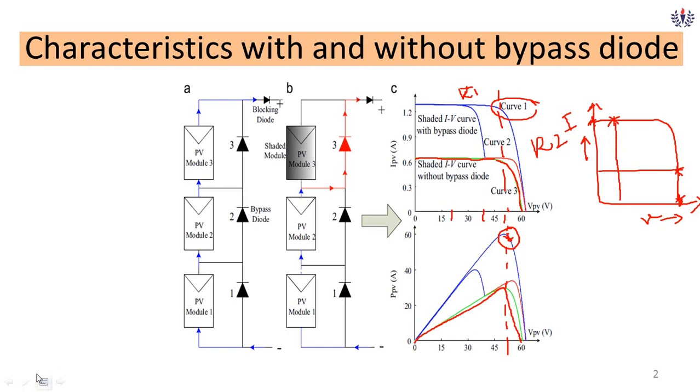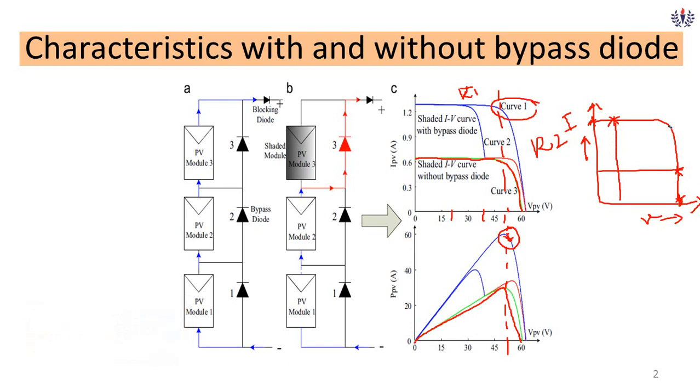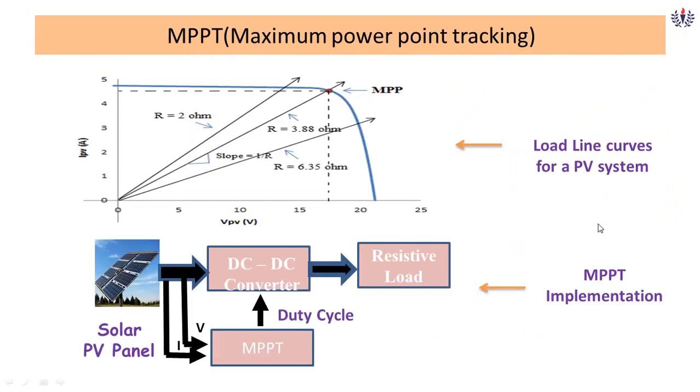So the point where you will get the MPP is going to be this particular point. When you operate at this point, you will get the maximum power point, where your voltage and your current are both near maximum. So this point is what you call VMP, IMP. This resistance is what you call R opt, or the resistance at the maximum power point. So this is how it goes, and this is the logic. We have one more slide also that is to be explained here. Yes, I will clearly explain it here. You can see this.